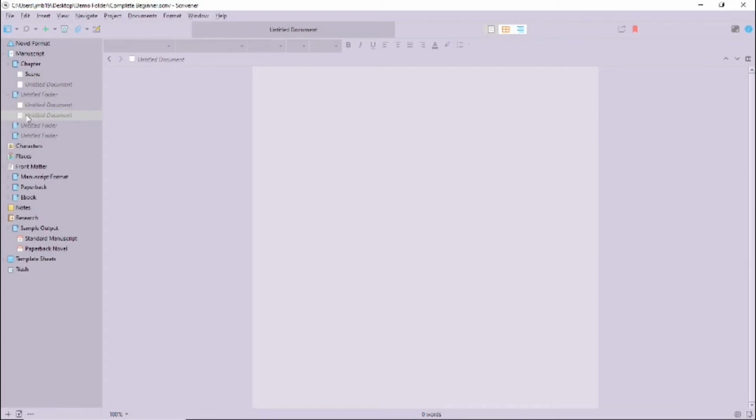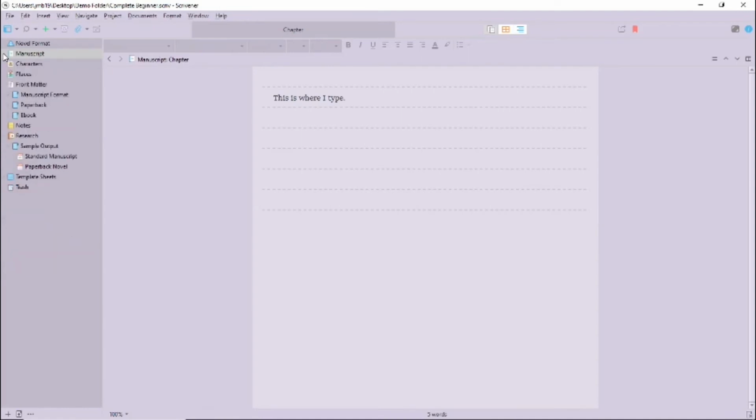Right, now let's talk about the overall structure of the binder. You'll see an icon that looks a little like a manuscript and is cleverly called manuscript. Everything that's within this overall folder is what is included in your manuscript. It is what will be available to be compiled. That's basically exported and formatted into a usable manuscript format, such as paperback or ebook, when the time comes. Use the arrow at the side of it to collapse and expand it, and you'll easily see what's included. Let's leave it closed for the next bit.